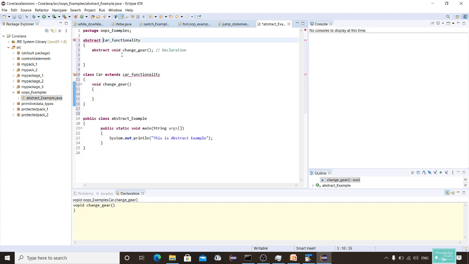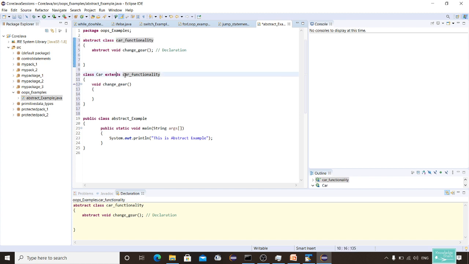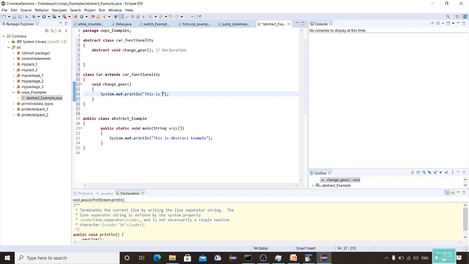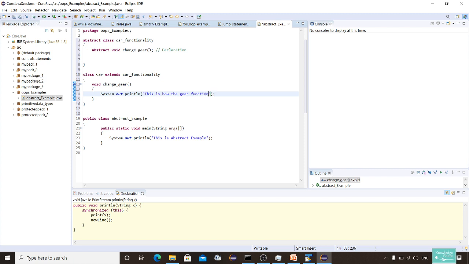Okay. Abstract, I forgot to put the class here. Abstract class car functionality, and car extends car functionality. Now the error is gone. You have to implement these definitions in the derived class. So this is the derived class. Now I'll write the functionality here. This is how the gear functions, or some gear related coding.